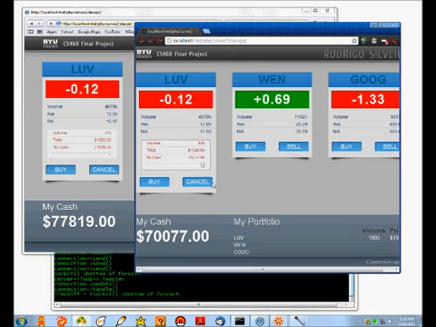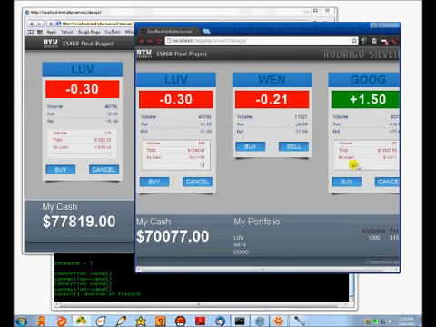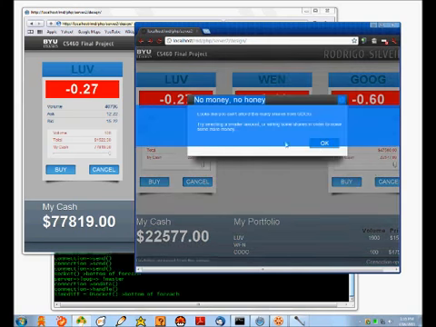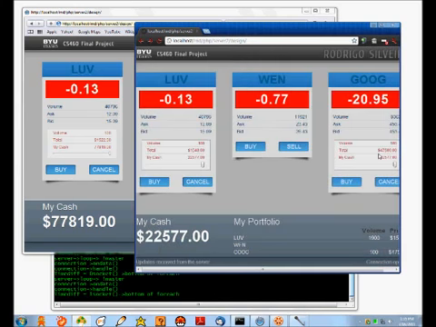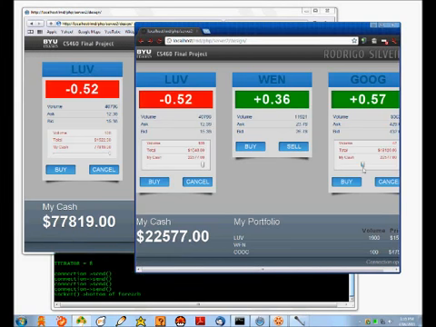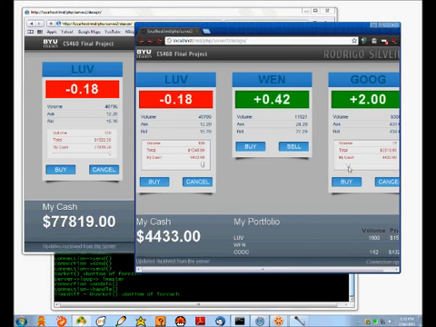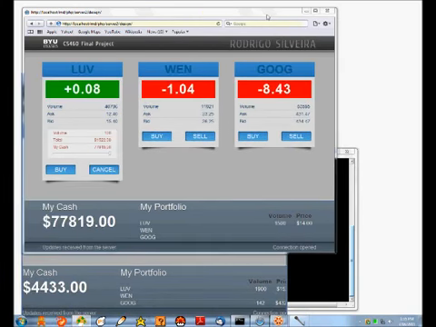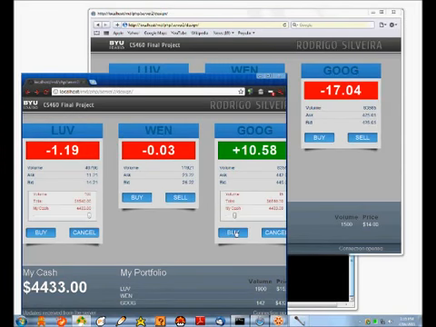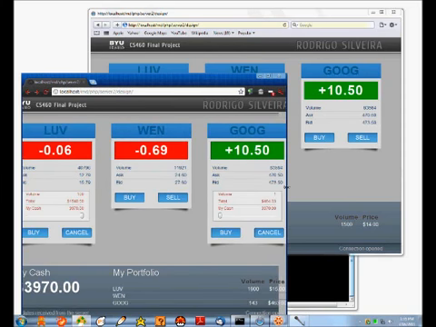I can also buy from Google if I wanted to. Oh, looks like I'm trying to buy $4,700 worth of stuff. I only have $2,200, so I can adjust that, no problem. And as you can see here, both browsers update in real time. If I had money to buy more from Google, you can see there's 83,000 shares on both of them, and then it depletes right there at the same